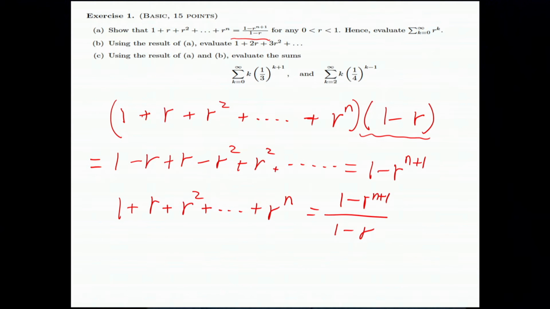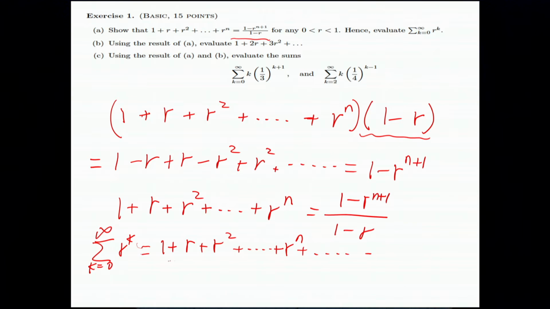So if I have a summation from k equals 0 to infinity, the ratio to the k, we will have 1 plus ratio plus ratio squared plus ratio to the n plus